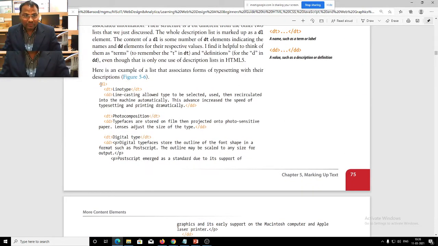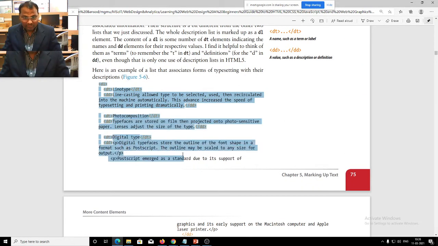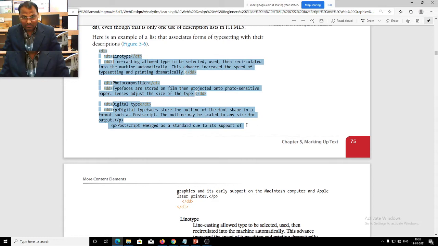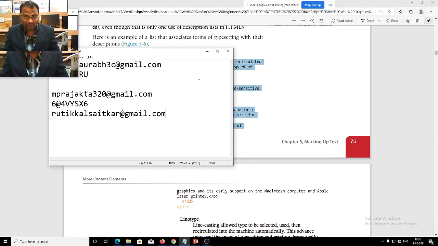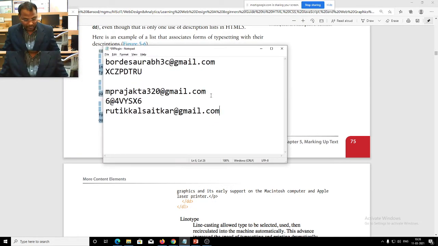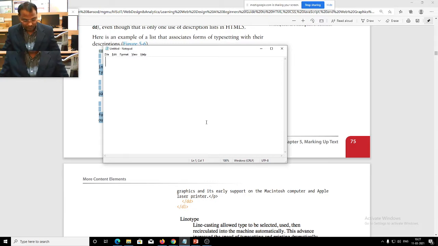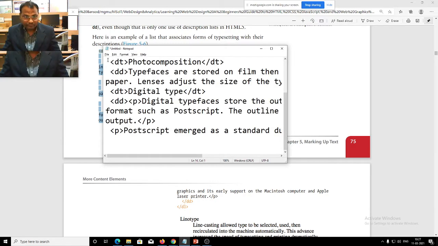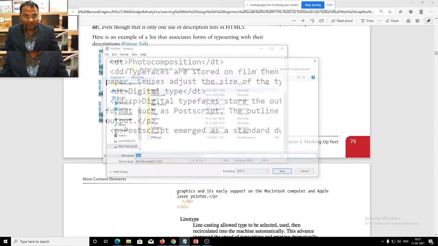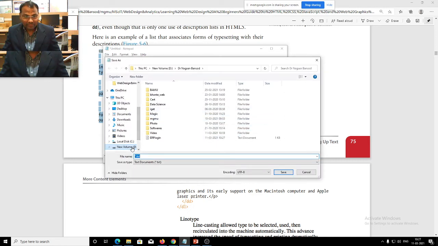So just copy this code into Notepad. We are saving this file into our folder.